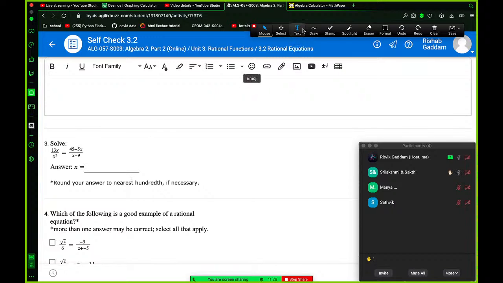Okay. 13x divided by x squared equals 45 minus 5x divided by x. Okay, so then we would multiply both sides by x minus 9 times x squared. So then that would be like that. And then the x squared on the left side would cancel out, and the x minus 9 on the right side would cancel out. And then we're left with